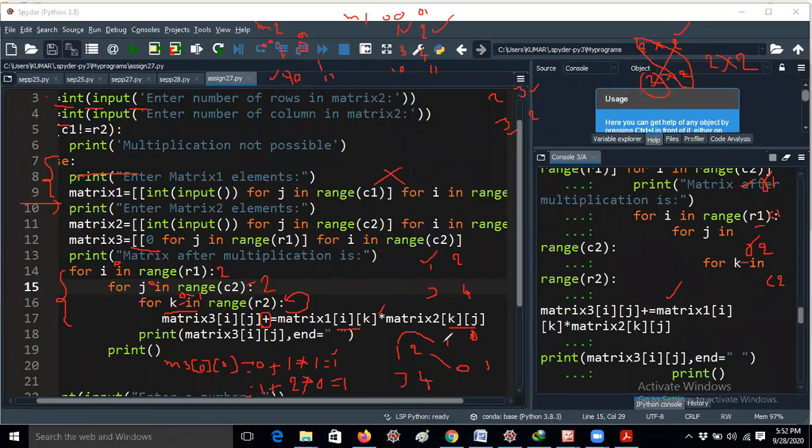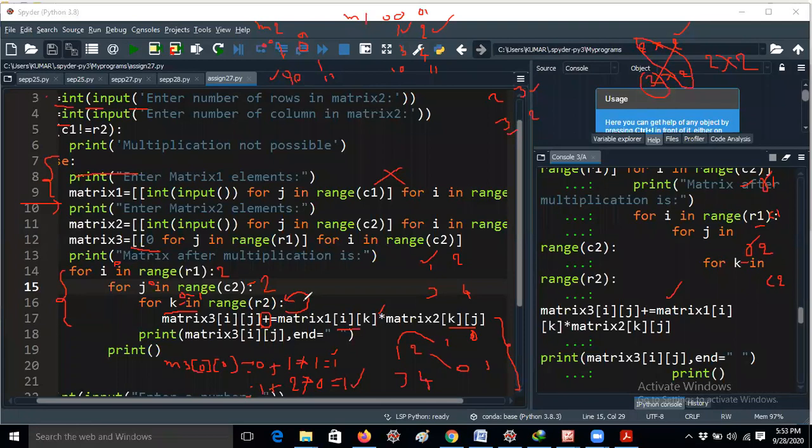This is the way you have to perform it. Usually in mathematics, if you are performing matrix multiplication, you will do 1 into 1 plus 2 into 0, right? So here also we are getting 1 into 1 plus 2 into 0. That means everything is fine. That means the first element will be displayed like this. You should understand very carefully, guys. In the next iteration it will take, as you know already, 1 into 0 plus 2 into 1. Then it will get 2. I will explain how it gets that also, then only you can understand easily.